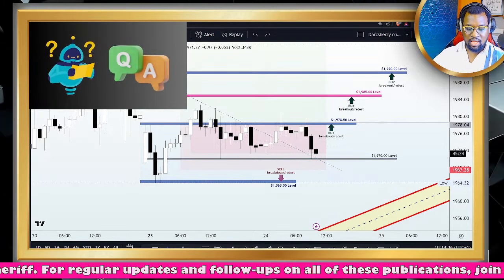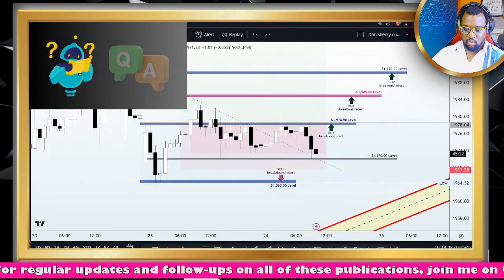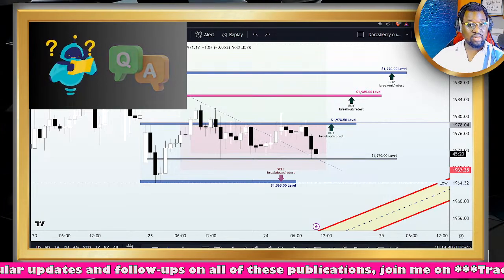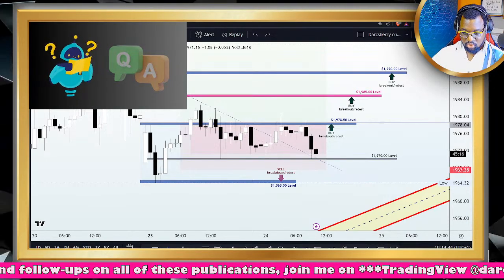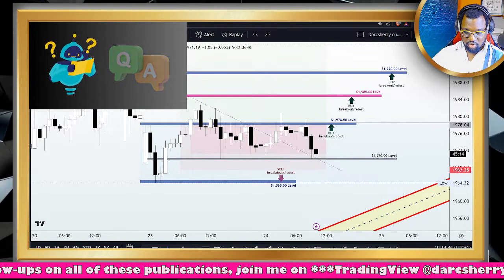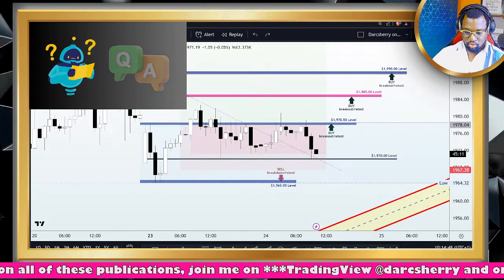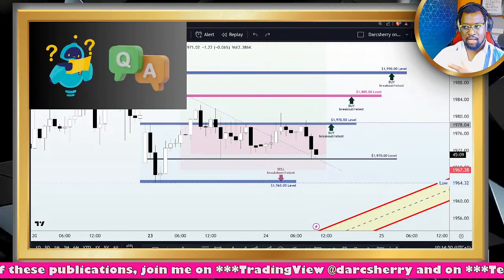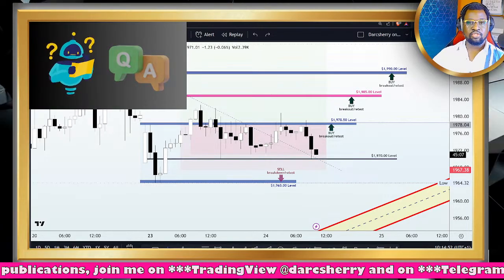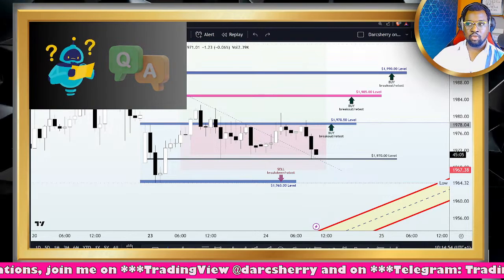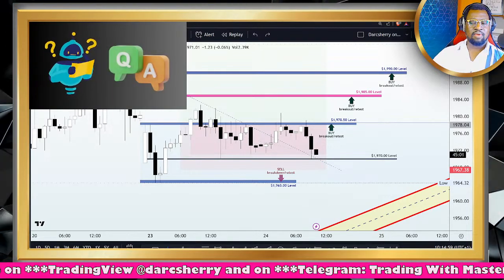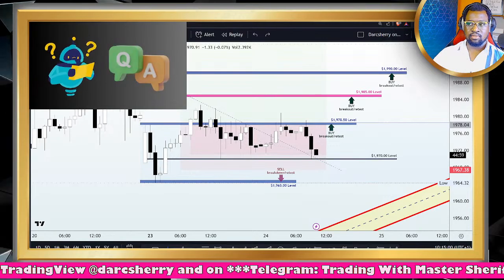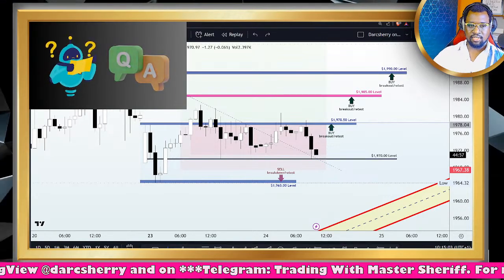I see your comment here, Ika's Diary. You're asking when are we scaling down to a lower time frame in order to see the price action in a key level. What will be the ideal time frame which shows the price action clearly? Which asset are you talking about, Ika's Diary? Please let me know in the comment section. Which asset are you talking about, and which asset are you planning to go to the lower time frame? I don't know. Please let me know in the comment section.